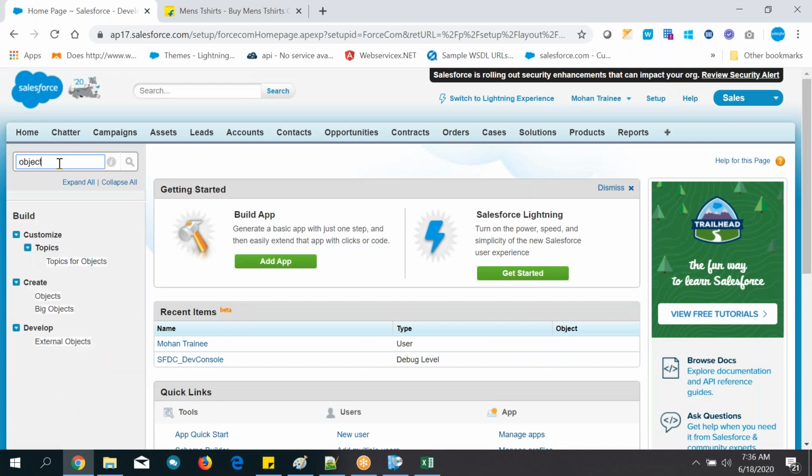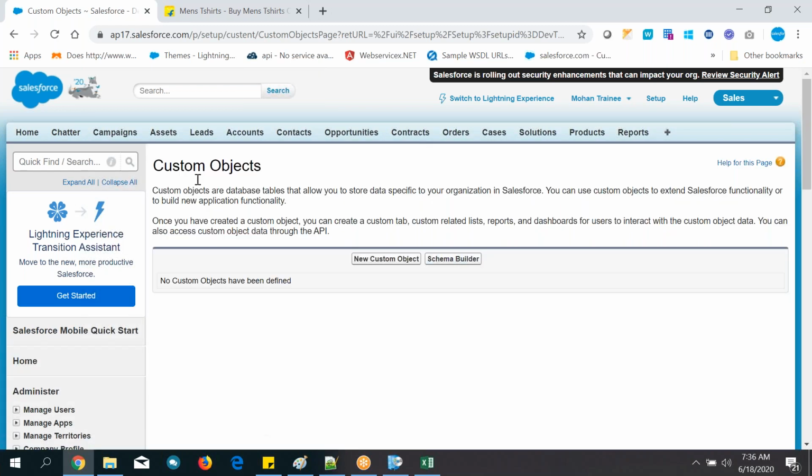Okay, now objects. You need to search for object. You can see Customize and Develop, different objects, right? Don't go with all the other objects, only go with Objects, the plain object name. Just click on this one. Okay, so this is for custom objects. Objects are of two types. Once you are adept at creating them, after that I will explain how many types of objects there are and those things. So first, let's create an object.